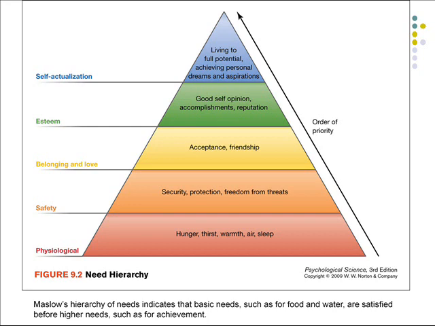The top of the pyramid is self-actualization, which is when someone is living up to their personal hopes and dreams. Maslow believed this person was a truly happy and satisfied individual. This person is one that has reached his or her potential. These needs include truth, justice, wisdom, morality, and lack of prejudice. This theory assumes that people are motivated to continually try to improve ourselves and our situations. This is an example of humanistic psychology, which views humans as striving for fulfillment.